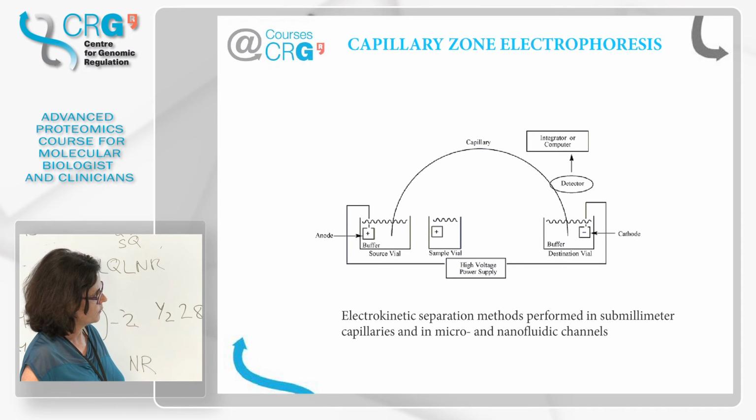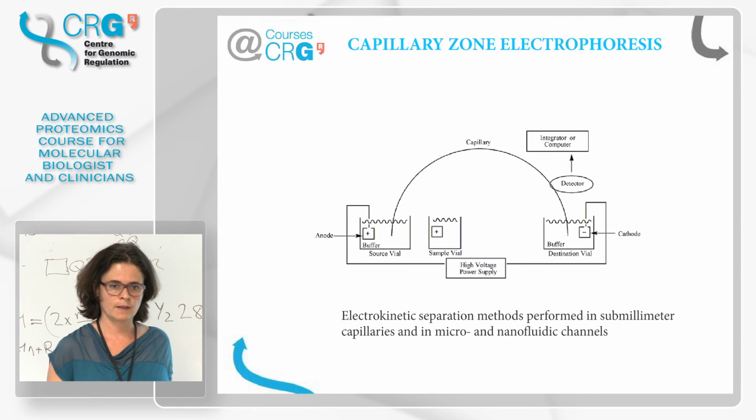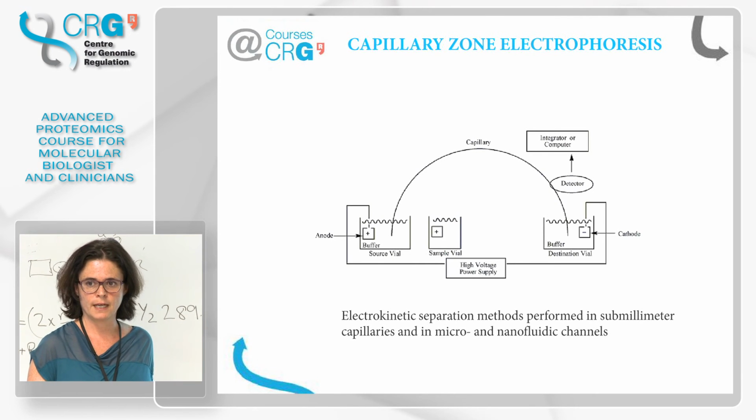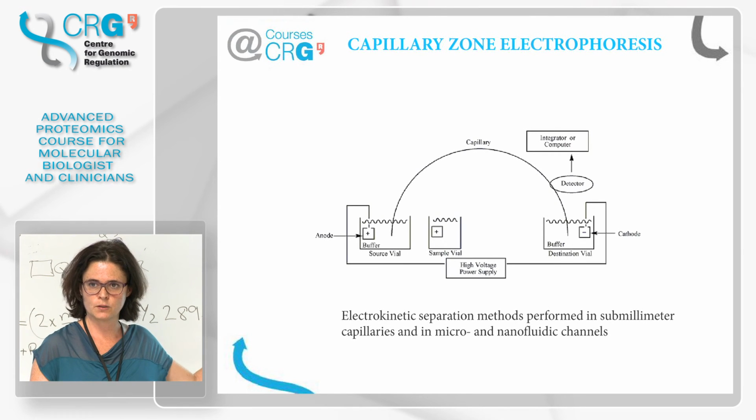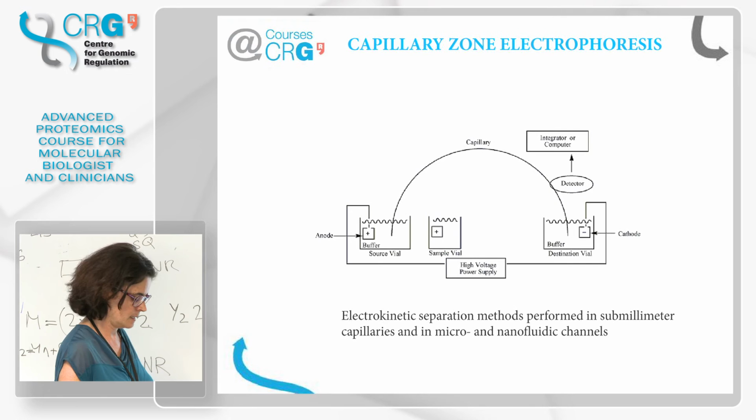Another type of electrophoresis that is used is capillary zone electrophoresis, which is also done at nanoscale, like the chromatography that we do before the MS. In fact, some instruments now come with this capillary zone electrophoresis in front of the instrument instead of the chromatography. So this is also a new tendency.